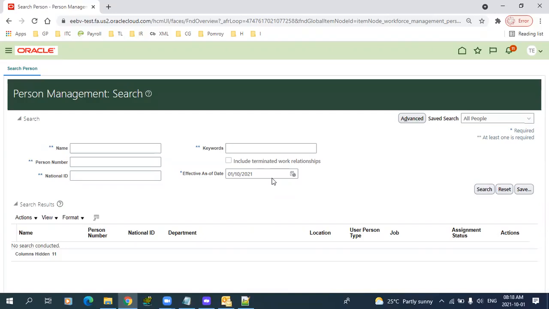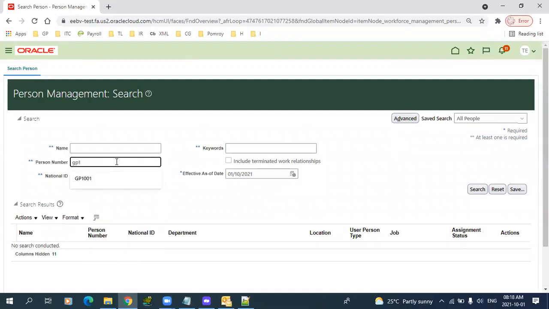Before and besides this, there are some configurations, which would be taken care of by your HCM functional consultant. Our technical job is first to import the work structures: jobs, locations, and departments. Once these three are available in the application, then you can import your data, which is employee information, whichever entity is required. So in our case, I'm using one of the keywords, the person entity. So here the person entity is nothing but